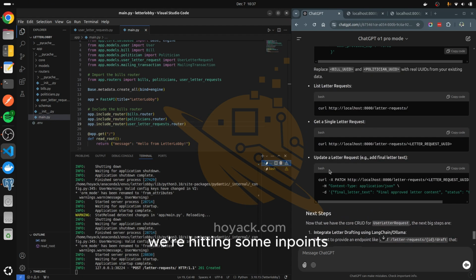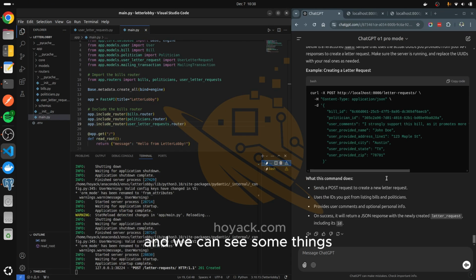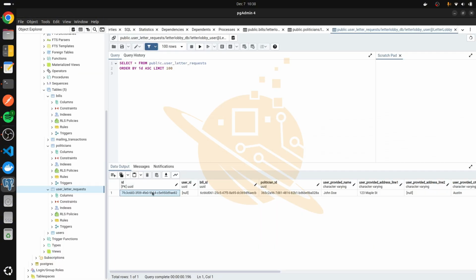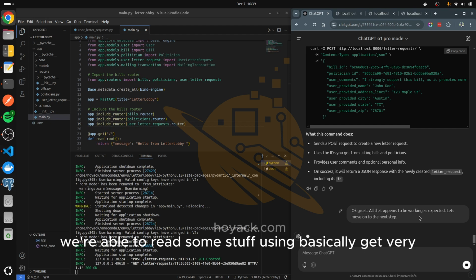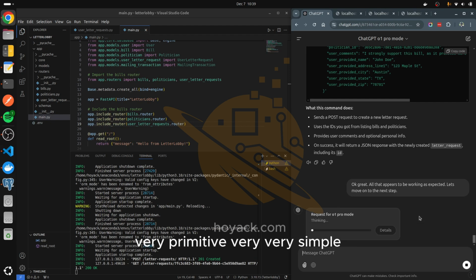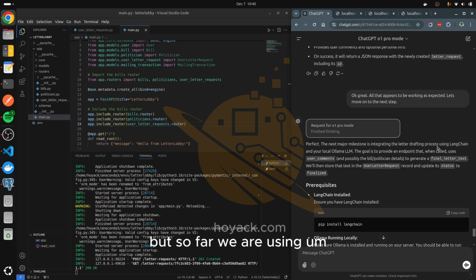We're hitting some endpoints. We're loading some information, and we can see some things. So that's good. We're able to post some things in using curl. We're able to read some stuff using basically Git. Very, very primitive, very, very simple. We haven't even pulled out really any big tools yet, but so far we are using,